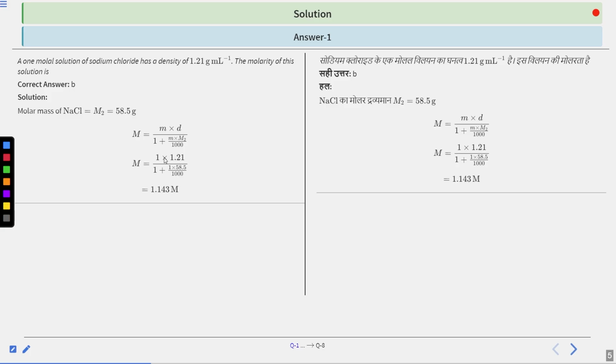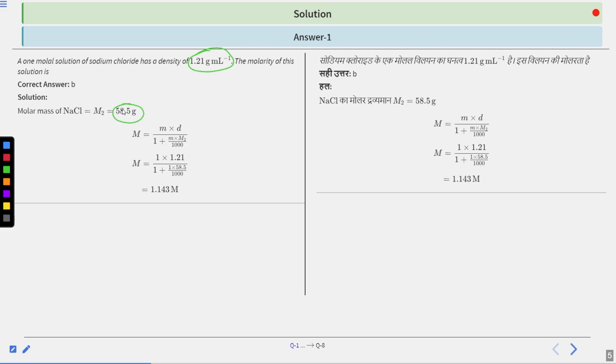Now what is the other thing that you can use? First, you can just find the volume. So that will give you the same solution, right? First you can find the volume of the solution, and that is simply your density times the mass, and this whole thing is of the solution. So how can you find the volume related to this mass? It is already given that 1 kg of the solvent contains 1 mole of the substance. Now 1 mole of the substance means 58.5 grams of NaCl.